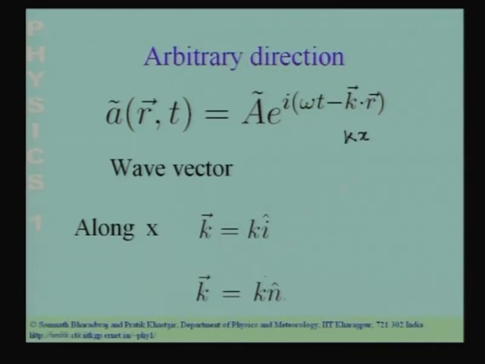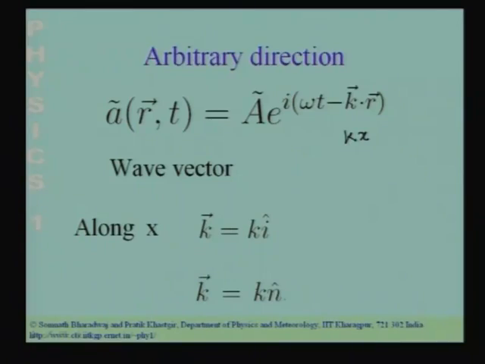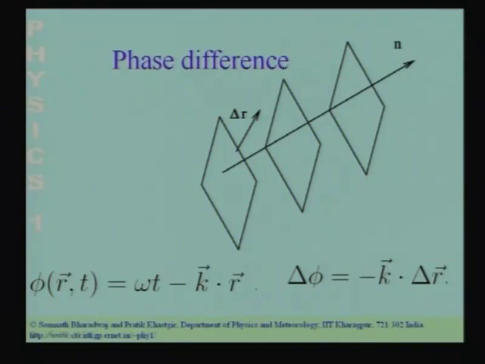This wave number continues to be related to the wavelength through a factor of 2 pi, and then you take the inverse of the wavelength, you will get the wave number. So, this is how we can represent waves in arbitrary directions. Let me now show you what this looks like.